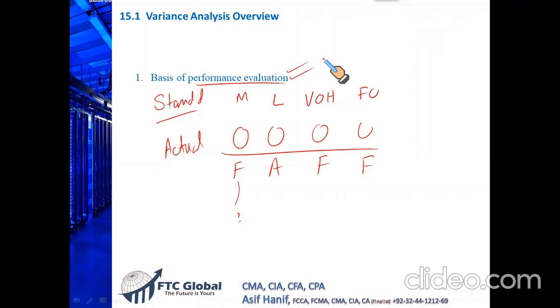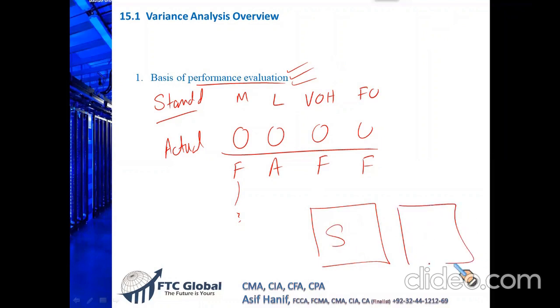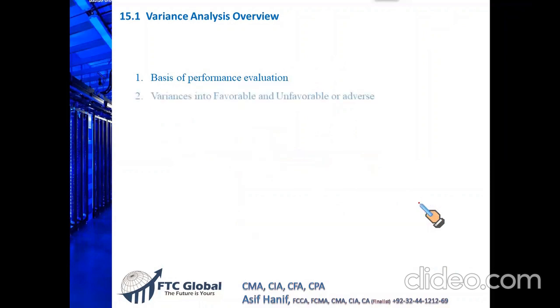We want to evaluate the overall performance in profitability. So this variance analysis is basically the basis of performance evaluation, where we have the set targets or standards and we compare our actual performance with the standards, and then there are certain deviations that need to be analyzed. So remember, variance analysis is the basis of performance evaluation. When you calculate variances, what is variance? Difference between your standard budget versus the actual result.